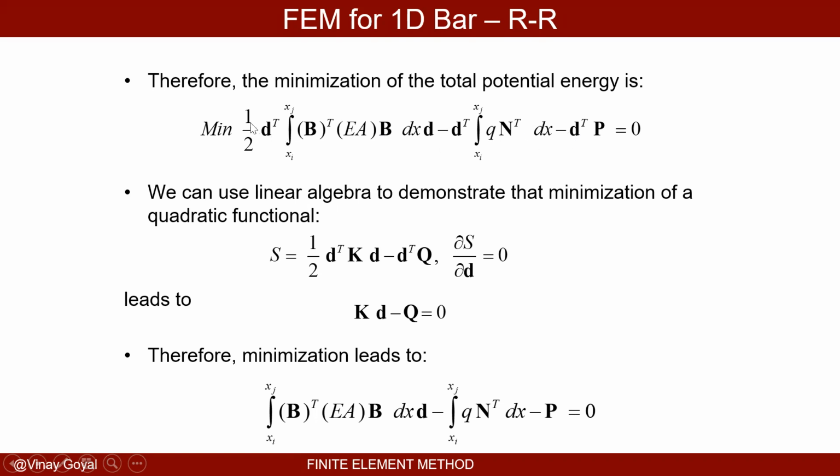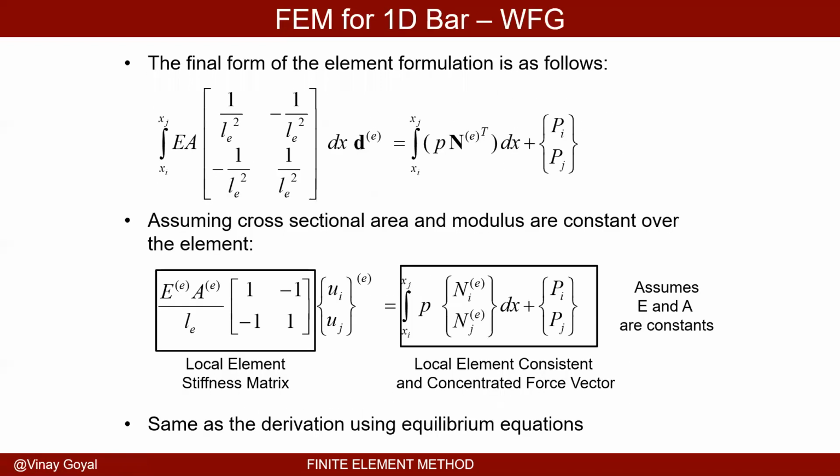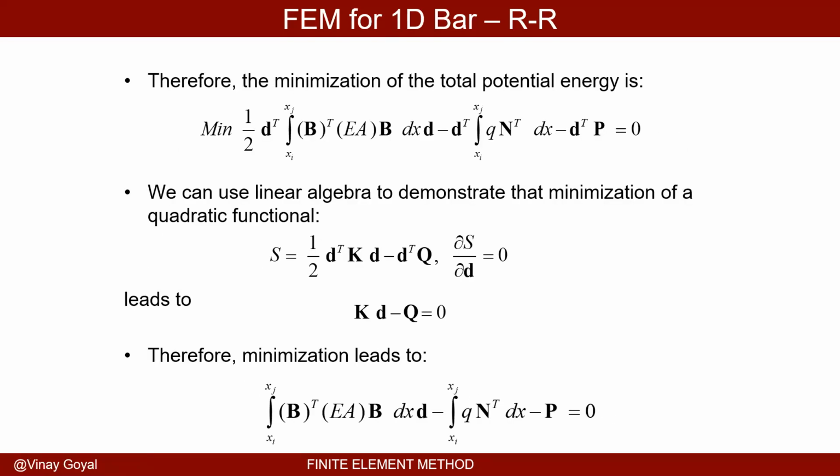And this one, I'll remove the 1.5. And when I do that, I get this minimization. Now notice how this matches what I got with the weak form Galerkin. That's what I got with the weak form Galerkin, the same thing. So the weak form Galerkin and the Rayleigh-Ritz are mathematically connected, and it's actually a mathematical miracle that